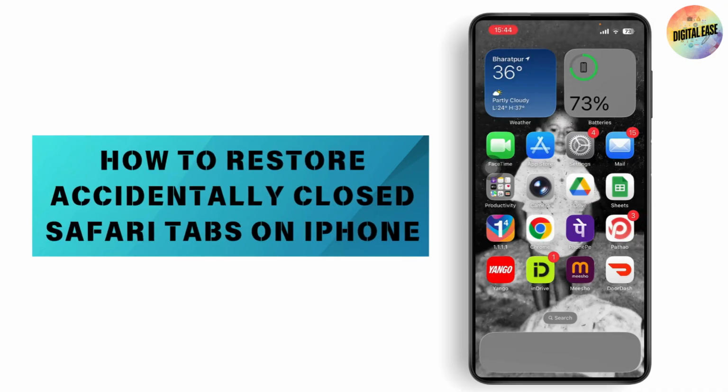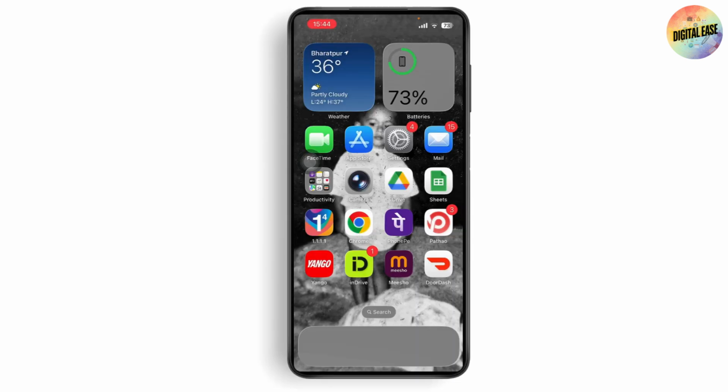How to restore accidentally closed Safari tabs on iPhone. So if you want to restore accidentally closed Safari tabs on your iPhone, then what you need to do is